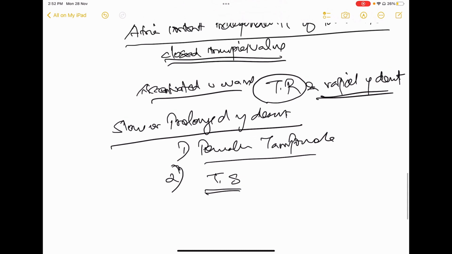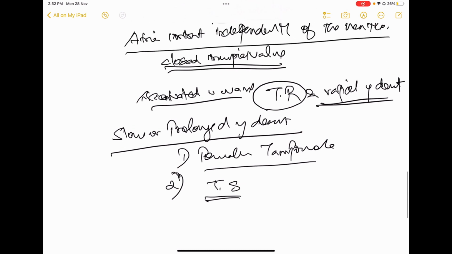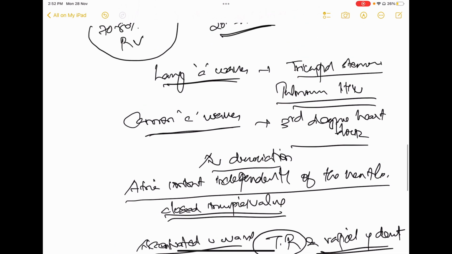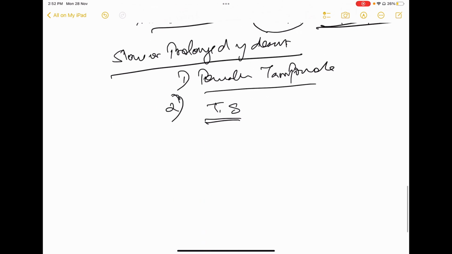So we've seen about accentuated V wave and rapid Y descent, slower prolonged Y descent, large A waves, and Canon A waves. So one more thing that you need to know with regard to JVP is the Kussmaul sign. This is different from Kussmaul's breathing, which you see in DKA. So this Kussmaul sign is seen in the following conditions: constrictive pericarditis,